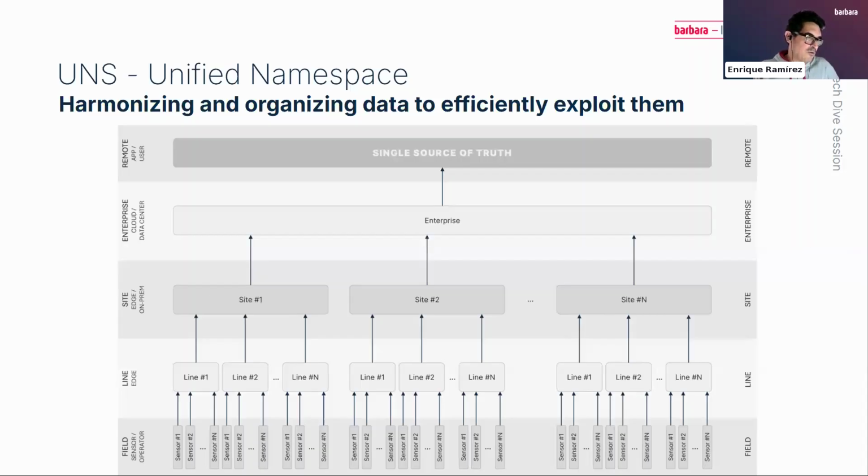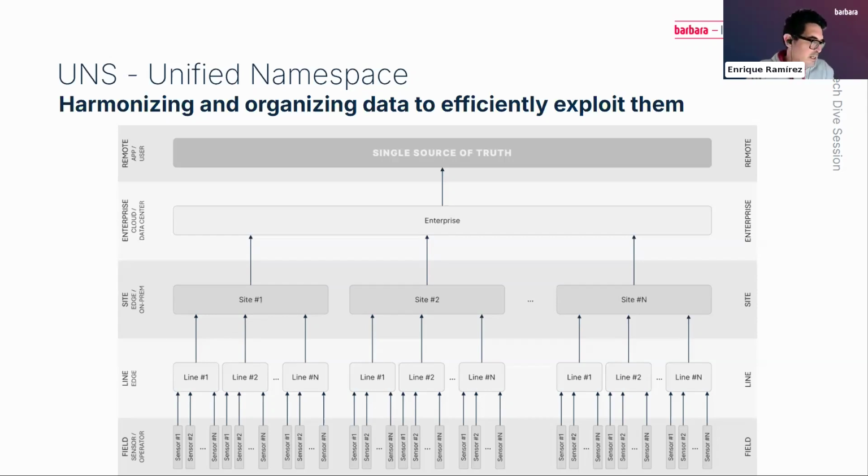Let's go now to the point. Okay, I will show you one example of UNS in the platform, and for that we are going to use this architecture we are seeing here. Right, we have different levels, from the field level, where we have all the sensors. We are going to simulate a food and beverage plant, in which we have different plants. In a plant, we have different lines,